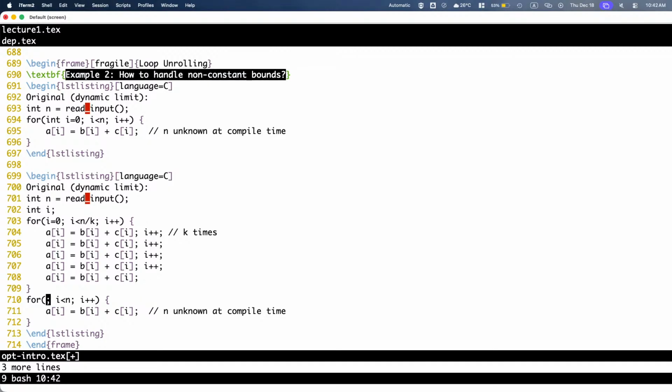Done. See, at this time, the value of I is a multiple of k. It could be n. It's not guaranteed to be less than n. It could be equal to n also. But it's the largest multiple of k that is less than or equal to n. So I'll just copy, I won't initialize I again.